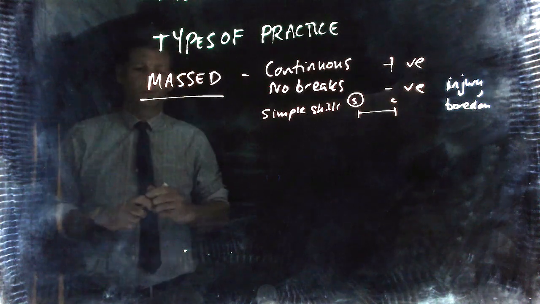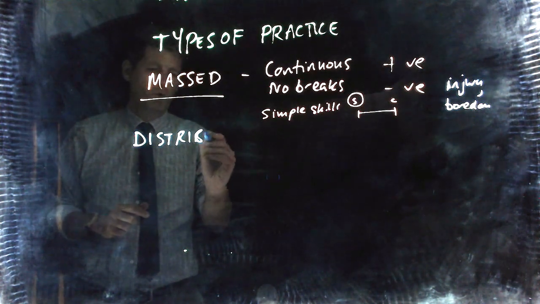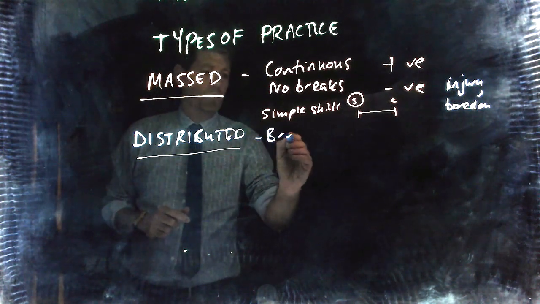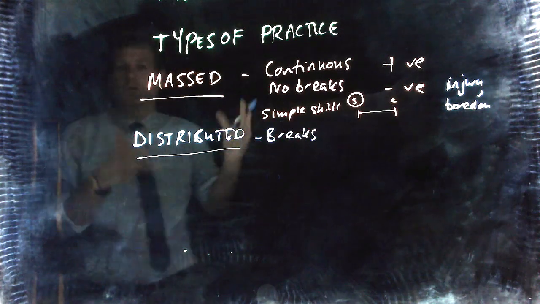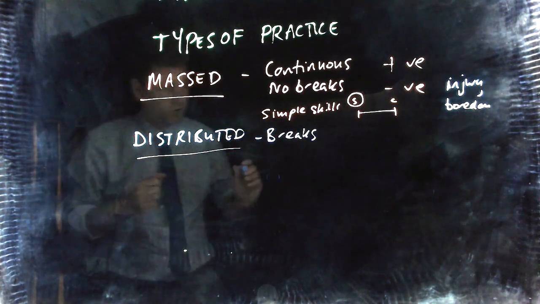The next form of practice we're going to talk about is distributed, and this is the polar opposite to massed practice. This is when you have breaks, so it's not continuous. You mix it up and you distribute the practice between break intervals. Something else this is really good for is dividing up